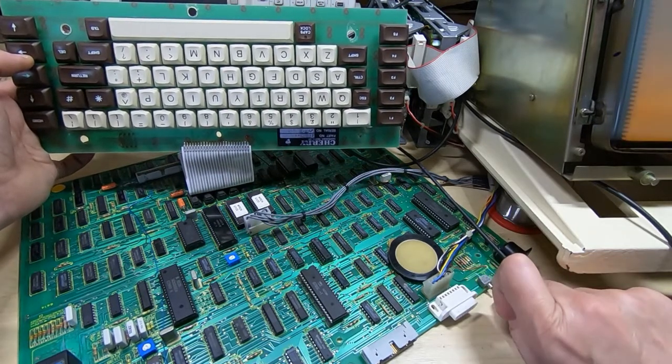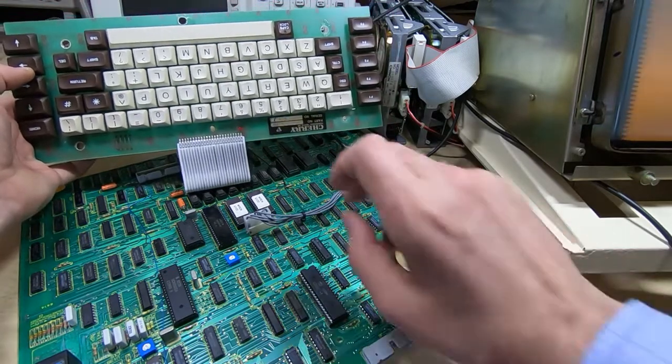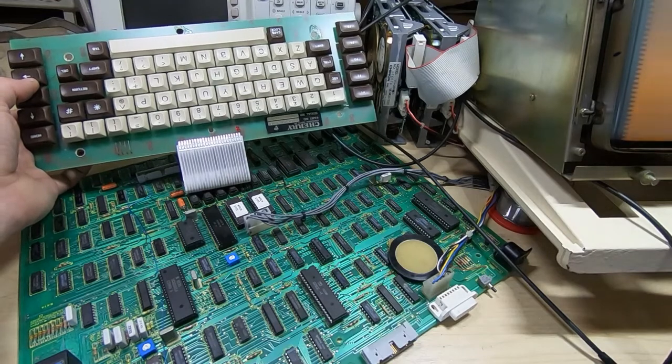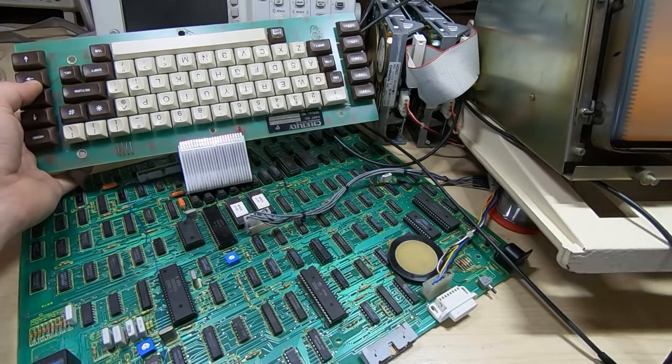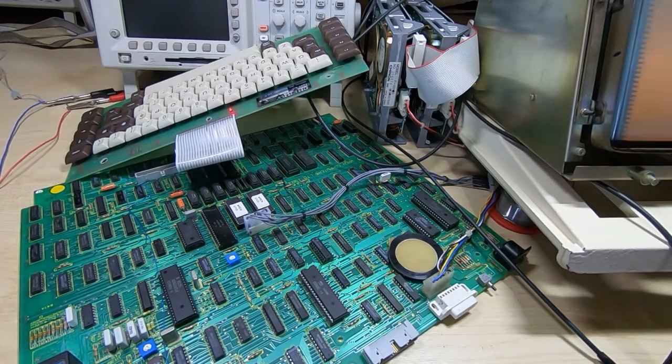Okay, so it comes on very briefly and then the self-test terminates, and it's terminated because the self-test has failed. The failure or the error is indicated by the number of times this power light flashes, and you can see here it's flashing once. And the error specified in the manual for one flash is walking bit test on common RAM, and it specifies it as being in memory address